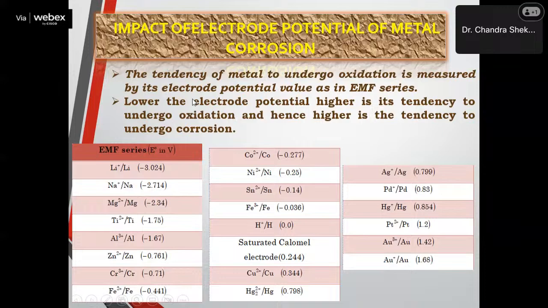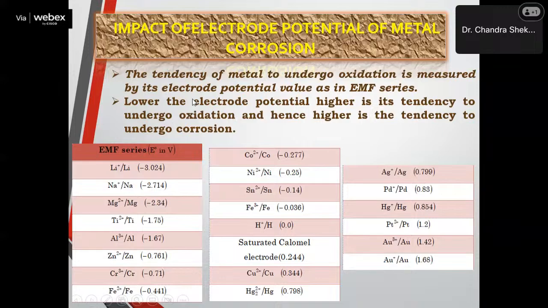And oxidation of metal at anodic area depends upon the nature of the metal. Now, what all the metals we have in nature? Different metals show the tendency to undergo oxidation with different capacity. And the tendency of any metal to undergo oxidation is not the absolute capacity of the metal. It is a relative value, because a redox reaction is simultaneous reduction and oxidation. Therefore, no metal can undergo oxidation itself.